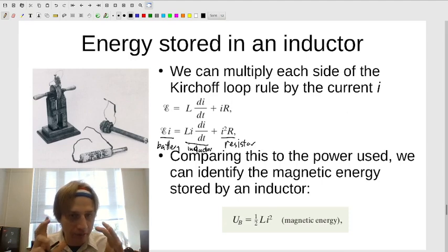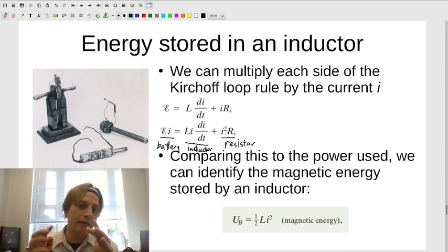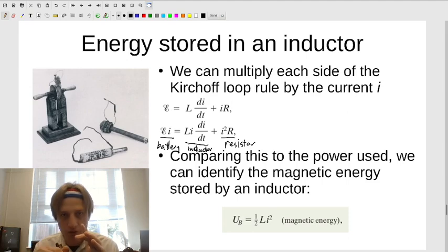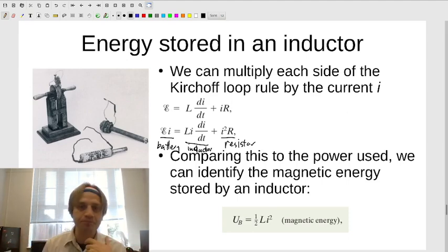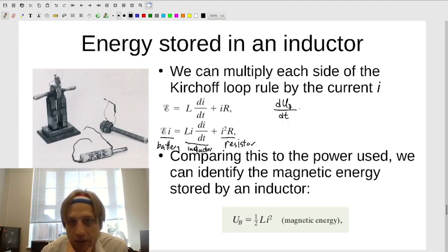Because it has that magnetic field in its belly, that magnetic field density, if you integrate it over space, has some energy. And if we want to look at this and say, okay, this is an amount of energy that's being spent by the battery, this is the amount of energy that's being put into the inductor per unit time, this is the amount of energy that's being put into the resistor per unit time. If I look at this, the amount of energy that's being put into the inductor per unit time is equal to L times I times dI